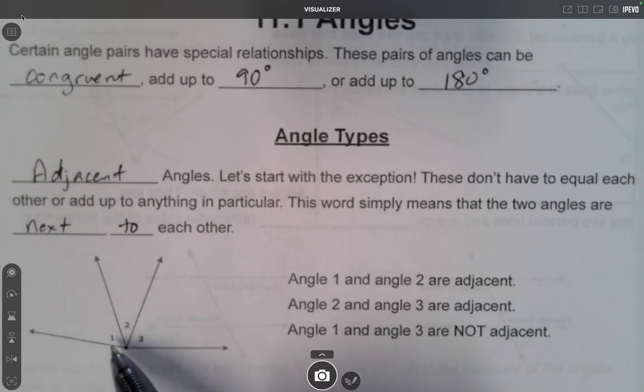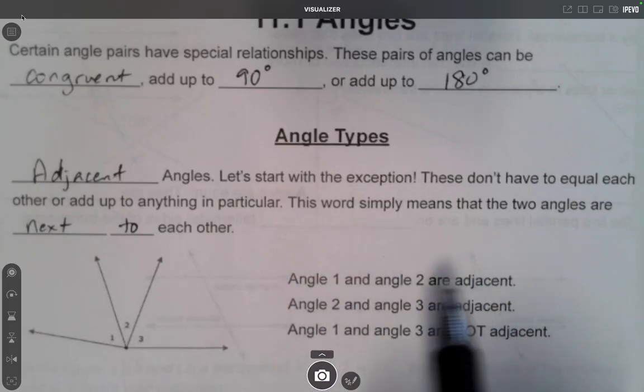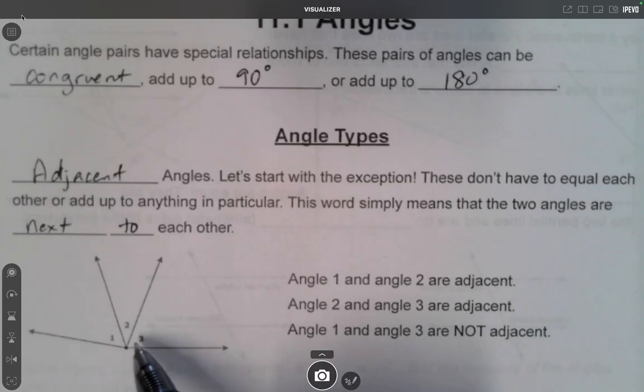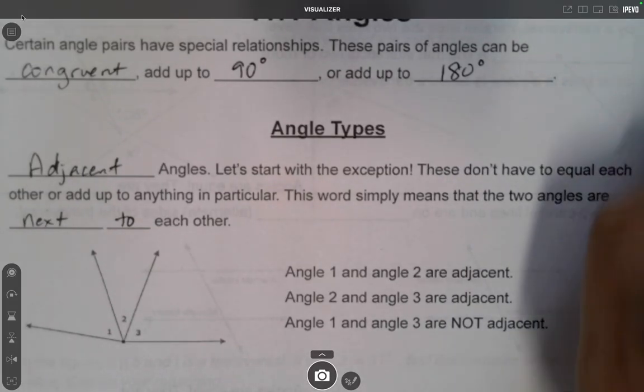So if you look at this, 1 and 2 are next to each other. So they're adjacent angles. 2 and 3 are right next to each other. So they're adjacent angles. But 1 and 3 are not right next to each other. They're getting split up by angle 2. So since 1 and 3 are not right next to each other, they are not adjacent angles. So that's type number 1. Type number 2,